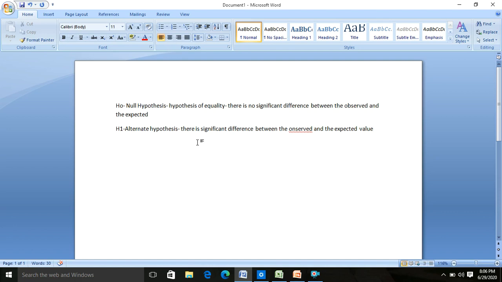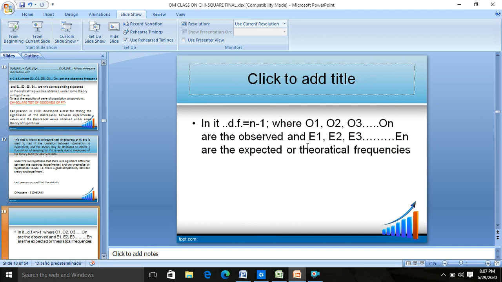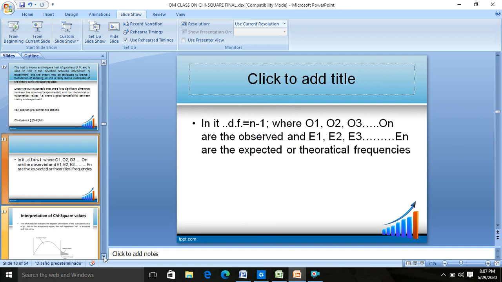These two hypotheses are always put. So when you go for hypothesis testing, be it parametric or non-parametric, whichever method is being used, always remember to devise this null and alternate hypothesis. Writing them will help you be clear with the purpose of your hypothesis testing. So, Karl Pearson's chi-square test, that is the chi-square test for goodness of fit, is the first type of chi-square test. Chi-square is equal to summation of (Oi minus Ei) whole squared upon Ei. In this case, degree of freedom is n minus 1. O1, O2, O3 and On are the observed, and E1, E2, E3 and En are the expected or theoretical frequencies.